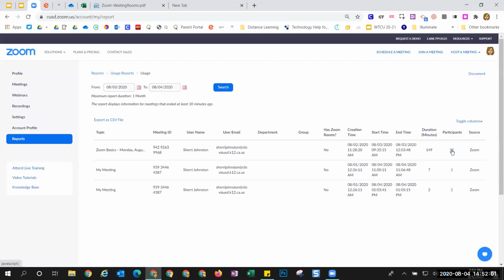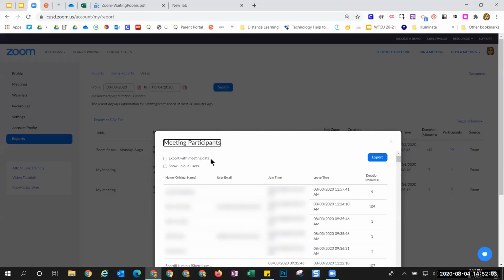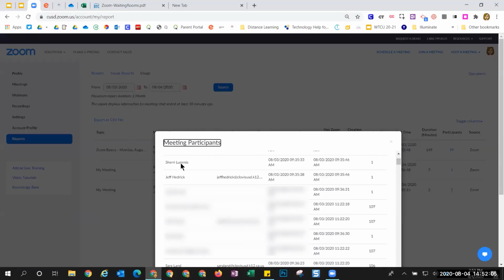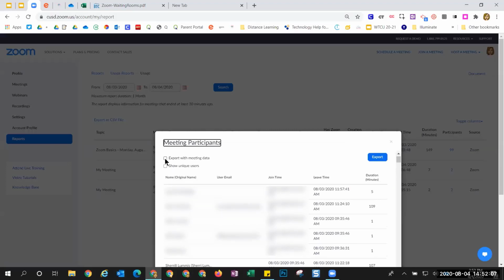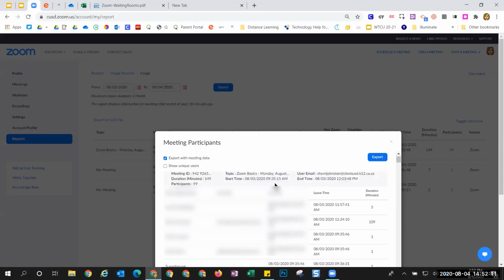Here's the participants from yesterday. If I look this over and I go, that looks good, what you want to check is export meeting data. So you get all of this at the top. So you know the day, the time, the meeting link information, how many minutes it was, and how many participants